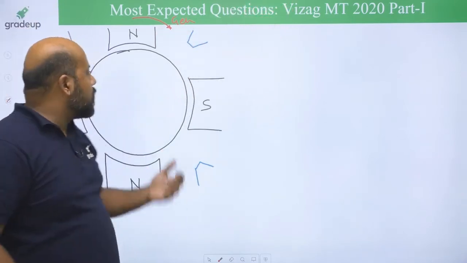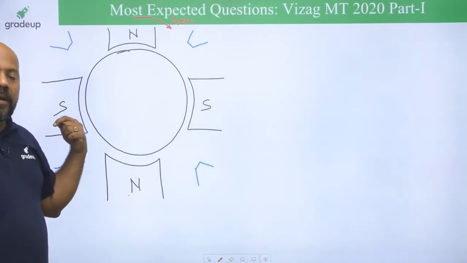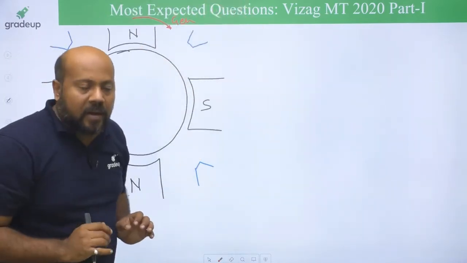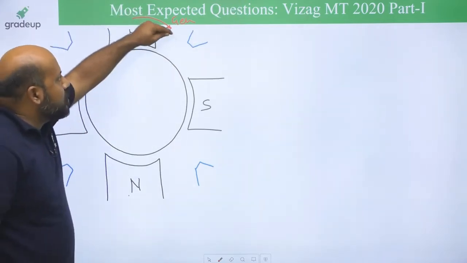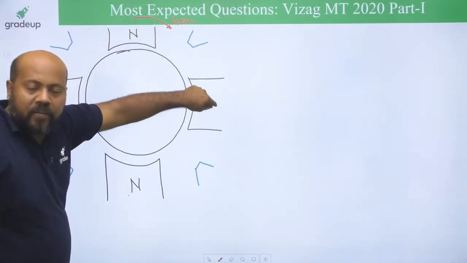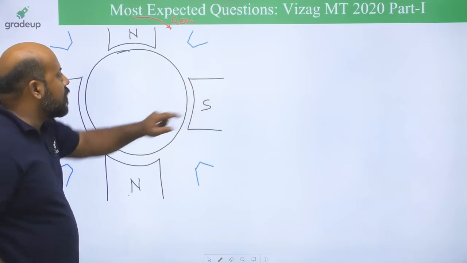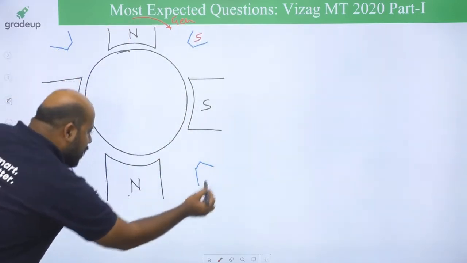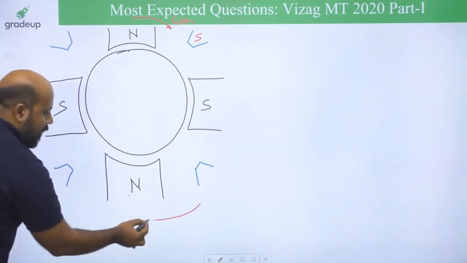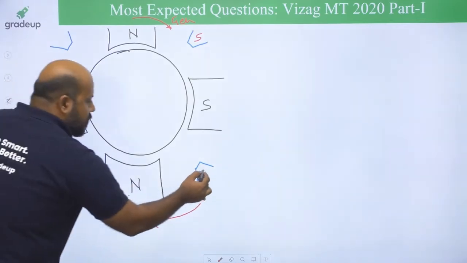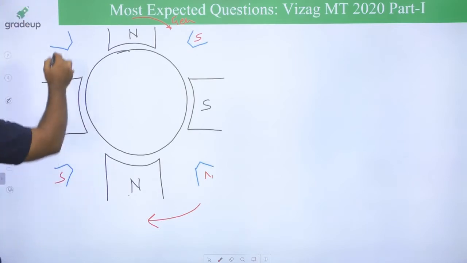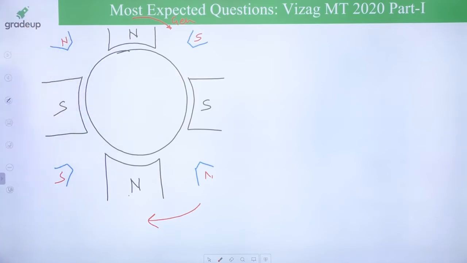If you have to find the polarity of these interpoles, as a generator you will always look forward. So in the direction of rotation you look forward. What is the next main field pole? That is south. So this is going to be south. Standing here and looking forward in the direction of rotation, what is the next main field pole? North. So this is going to be north. Standing here and looking forward in the direction of rotation, south. So this is south, and again this is north.